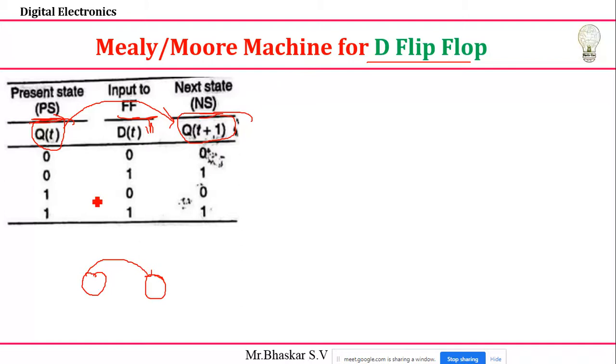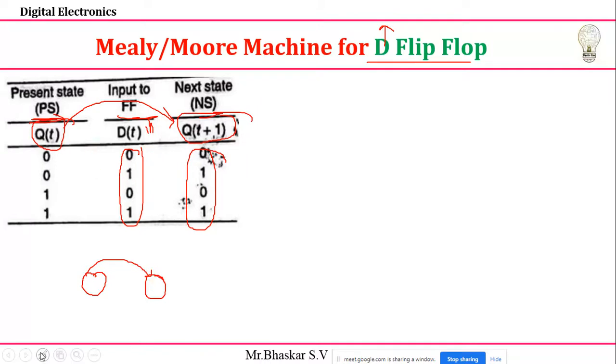See, D flip-flop, what are the advantages? D flip-flop stands for data flip-flop. Whatever the input is, the output is exactly the same. You can see that my input is 0101, and the next state value is 0101 only. It does not depend upon the present state, whatever the conditions of my present state. Here the next state value totally depends upon the present input only. It does not depend upon the present state.